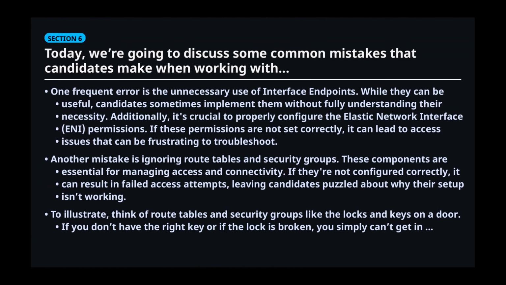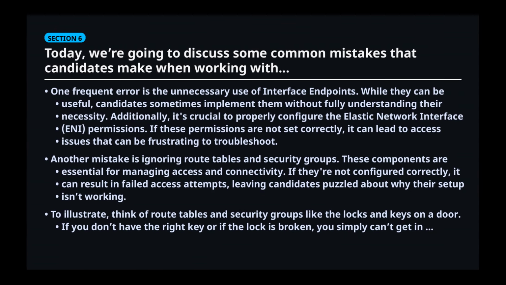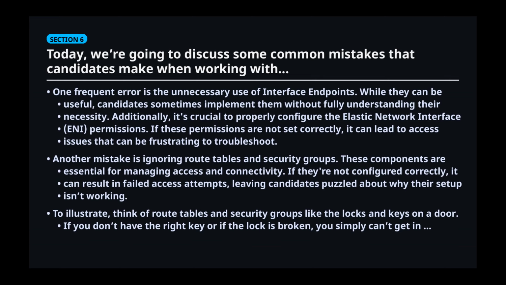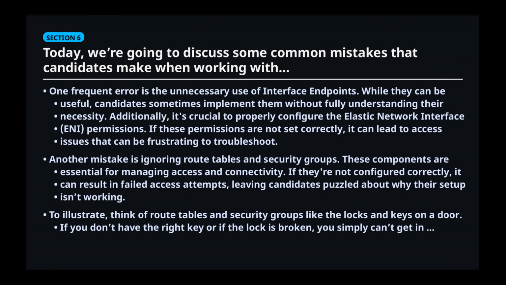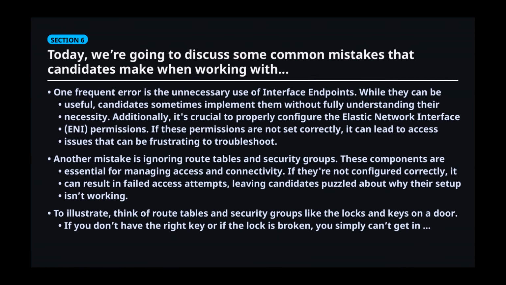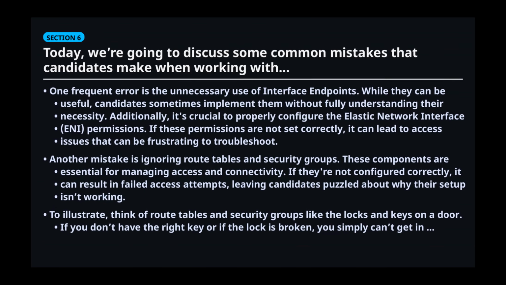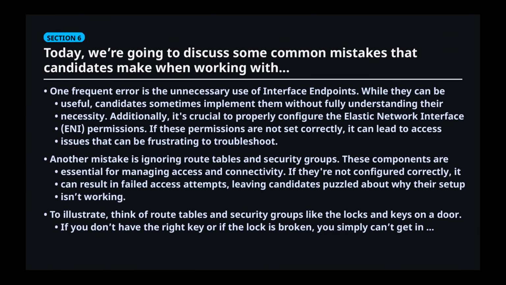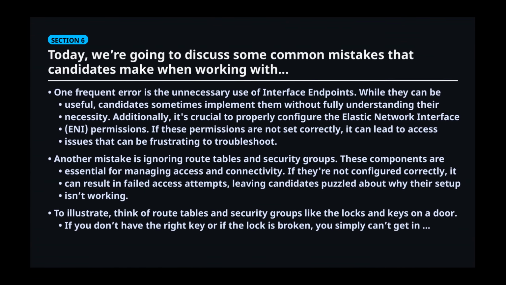If these permissions are not set correctly, it can lead to access issues that can be frustrating to troubleshoot. Another mistake is ignoring route tables and security groups. These components are essential for managing access and connectivity. If they're not configured correctly, it can result in failed access attempts, leaving candidates puzzled about why their setup isn't